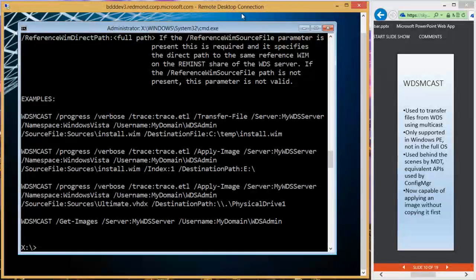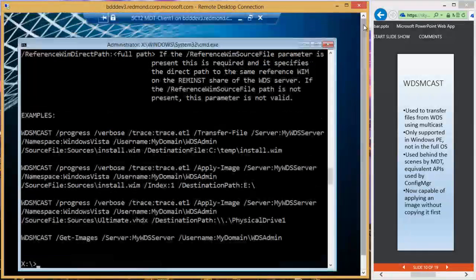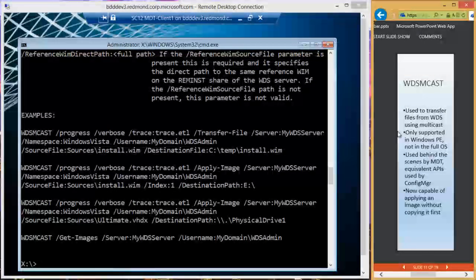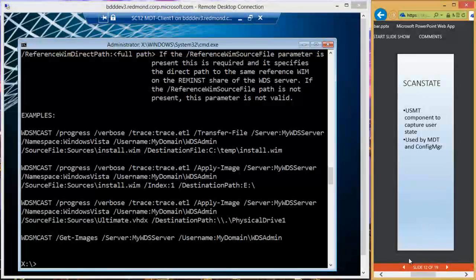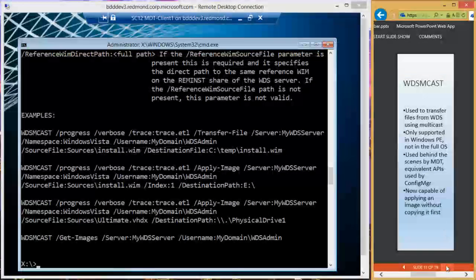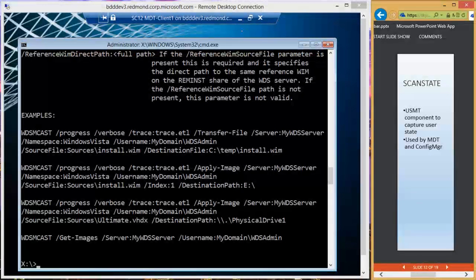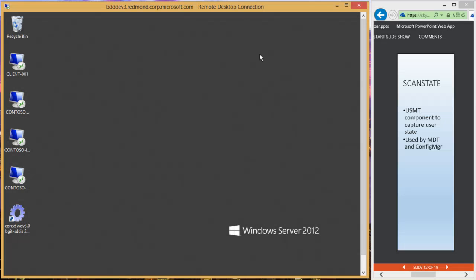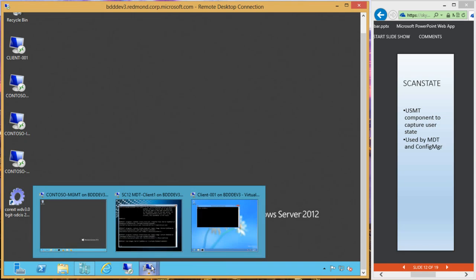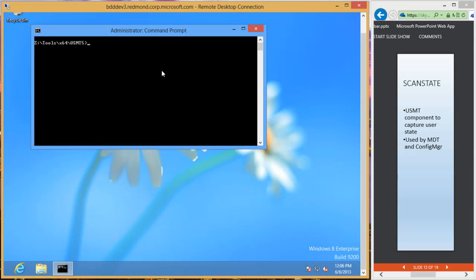Okay, WDS MCast. That multicast session did complete. Let's switch back over to the server and look at, I think I missed one in the list here, but in any case, we'll look at USMT next. USMT allows you to capture and restore user state. So we would run this on a client operating system to capture all the data and settings for an account, and then deploy a new OS, and then run load state, which is another USMT utility, to restore them. So scan state,